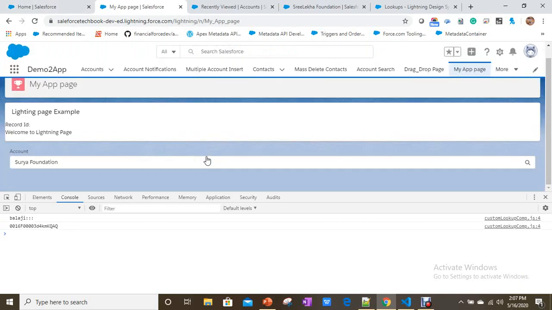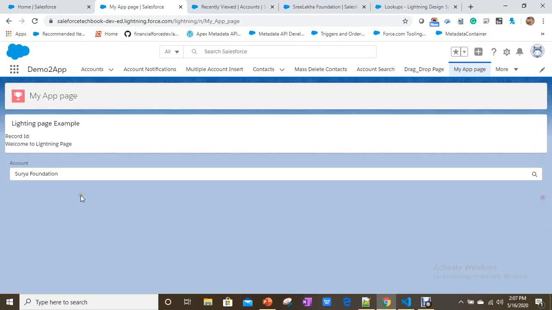Save record. Yes, see here, it is able to get this ID automatically, and the value which I am assigning into the account name property, it is assigning here in the search box.